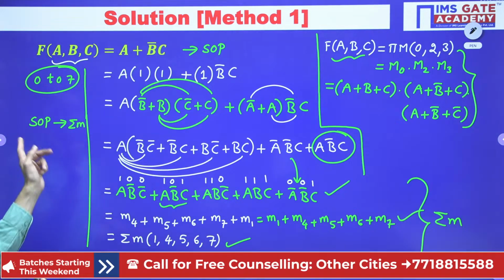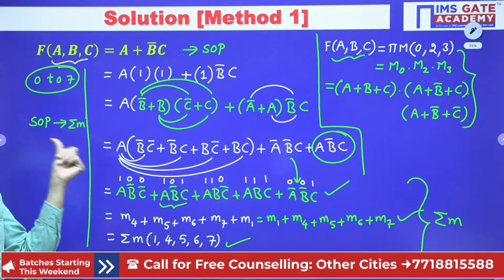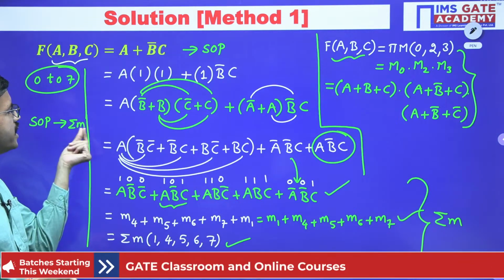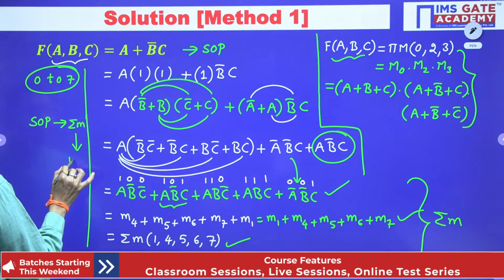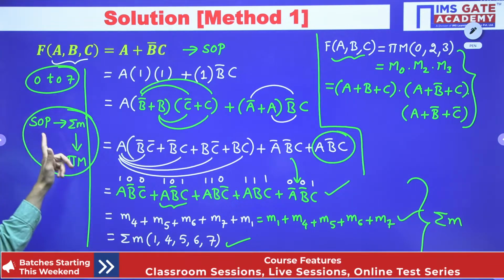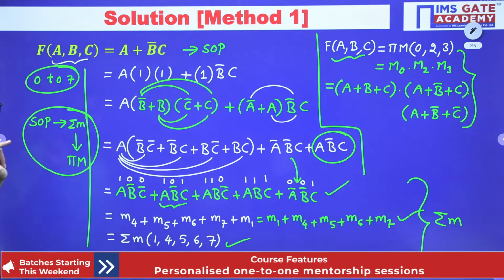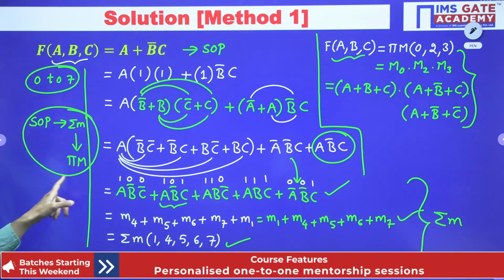Previously I have mentioned that if you are having sigma m, after doing simplification, you will get SOP. Similarly, if you are having SOP, you can get sigma m. Once you are getting sigma m, you can convert into pi capital M. This is one method. Now, if you are initially having SOP, but you want to get pi capital M first,